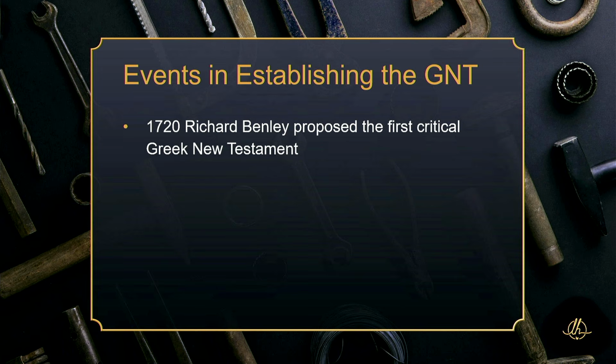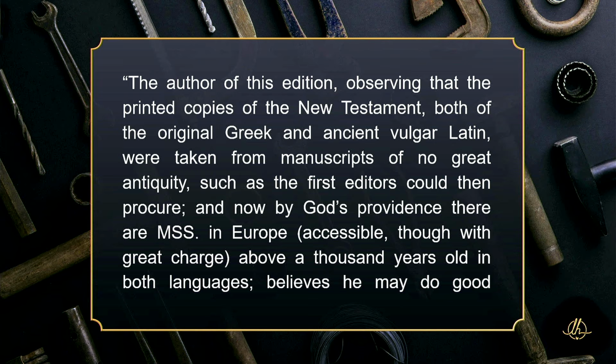I have to kind of fast forward to the 1700s here because I fear I've already put too much information in here. All right, so Richard Bentley had written a proposal for printing. This is what he said in his own words. The author of this edition, observing that the printed copies of the New Testament, both of the original Greek and ancient Vulgar Latin, were taken from manuscripts of no great antiquity, such as the first editions could then procure, and now by God's providence there are manuscripts in Europe, accessible, though with great charge,